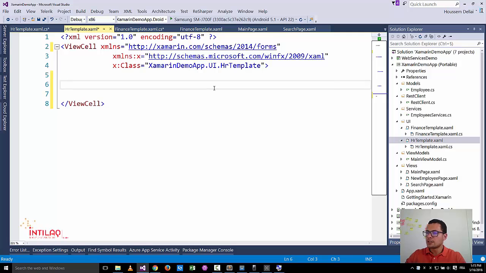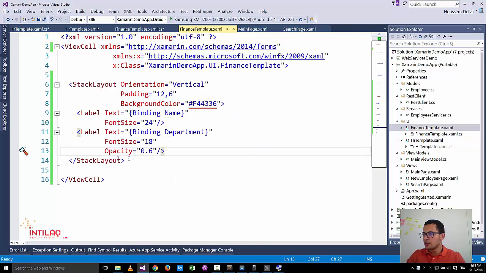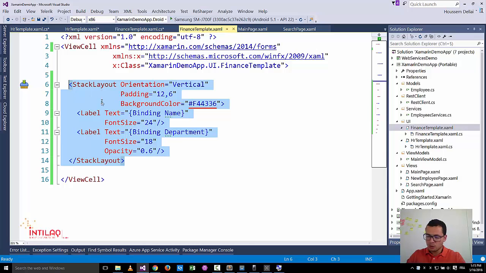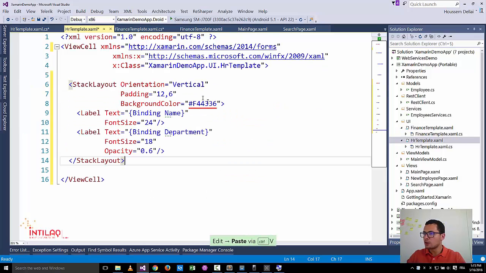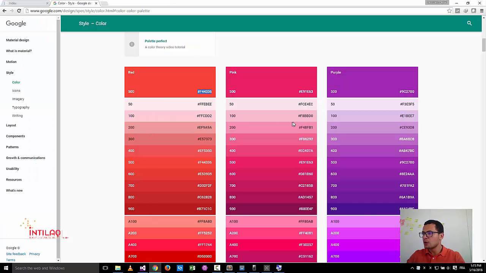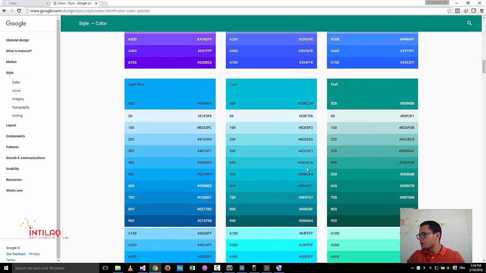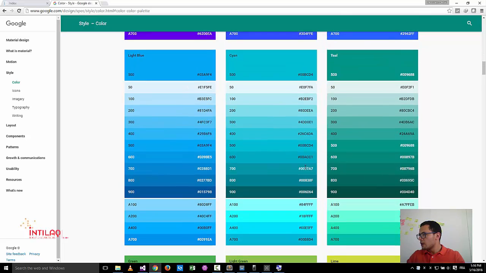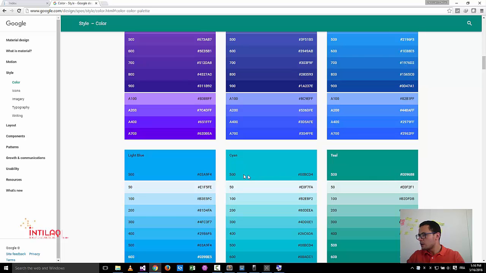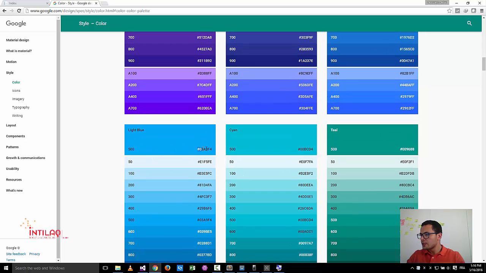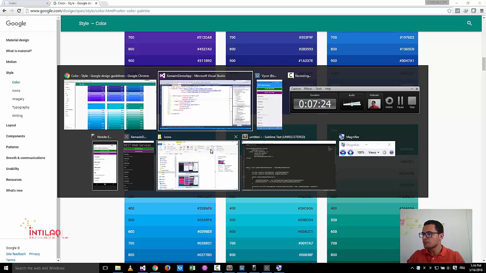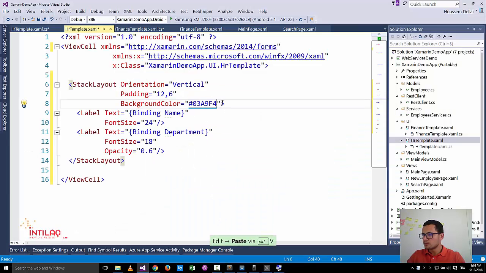And here instead of that list view, I'll reuse the code from the finance template, and only change to another color. Again, I'll use this palette colors. Let's choose light blue, for example. So now we have our two templates with different background colors,